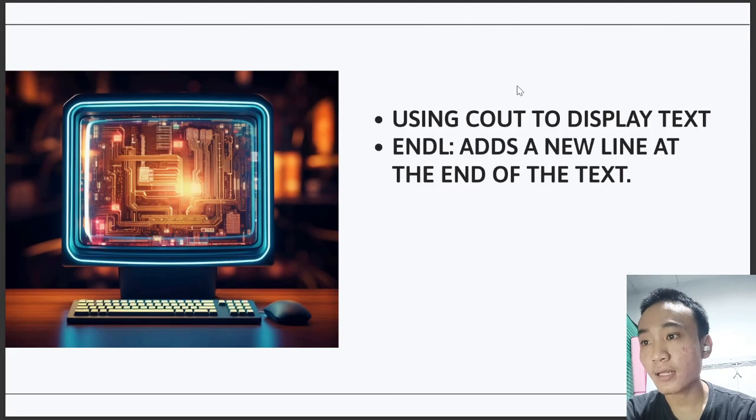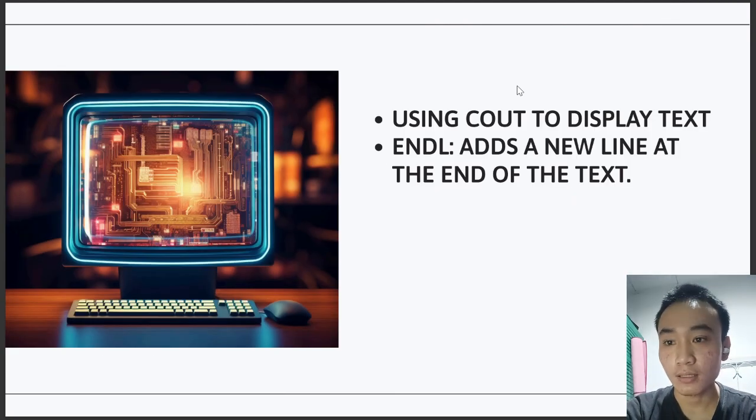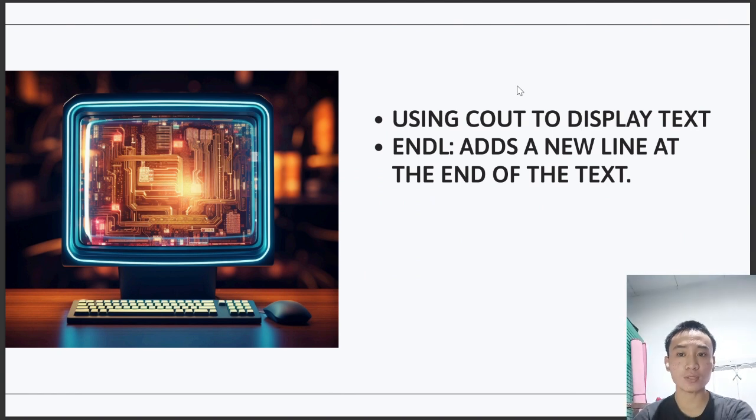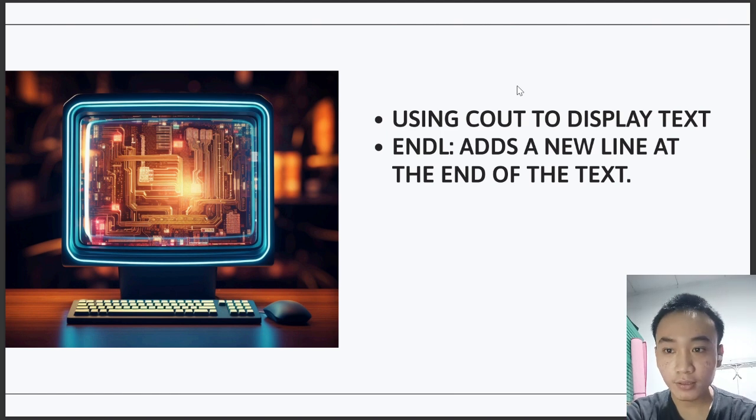Slide 6, displaying the program title and instructions to the user. We use cout. This function outputs data to the screen, and we use the << operator to direct data. We also use endl, or end line, to add a new line at the end of the displayed text for a neater appearance.